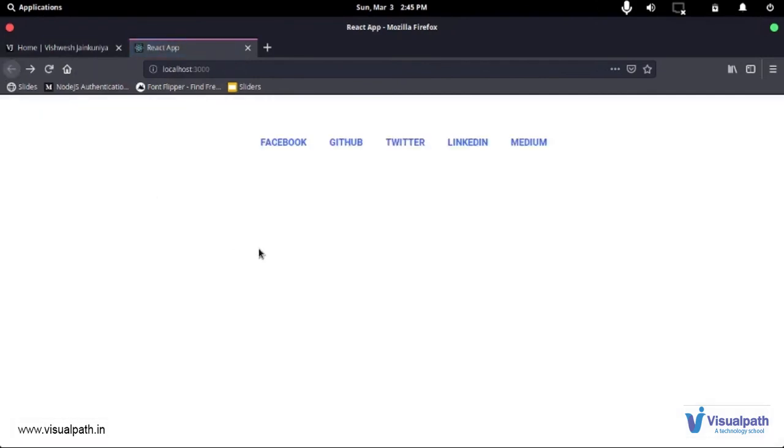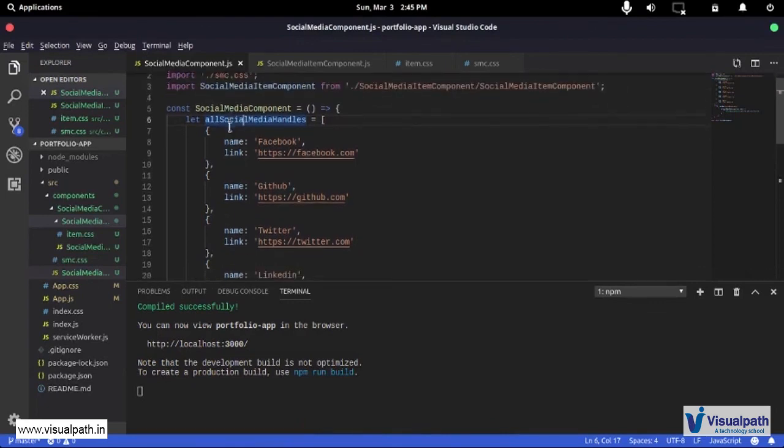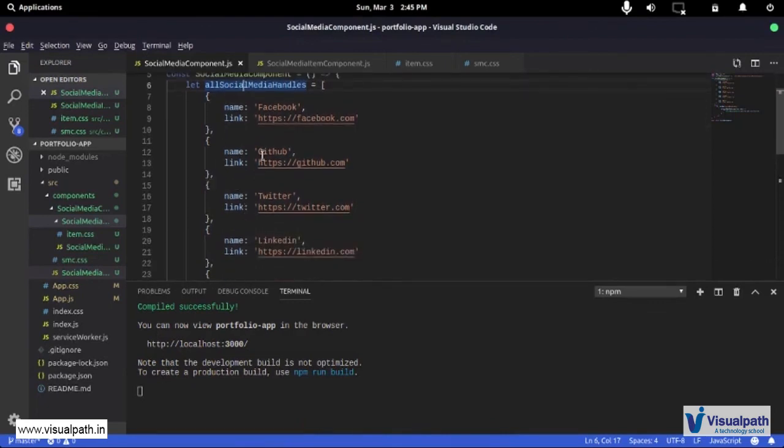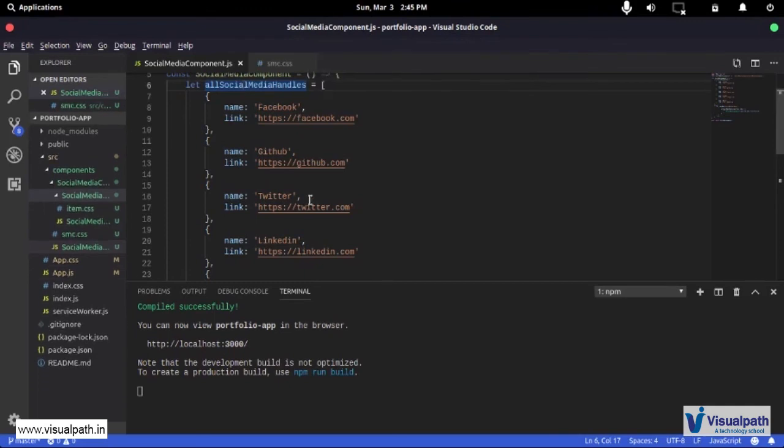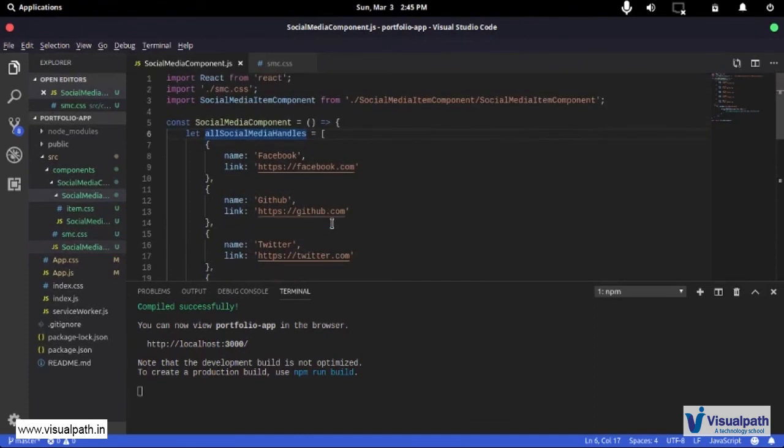What's the great thing about this? This data I have hard coded right now. This isn't supposed to be hard coded for every single application. What I mean by that is, say you have this social media component and you want it to be dynamic, in the sense, say you have uploaded your website somewhere and you have a database living somewhere else where all your data is stored. Now you have a backend server that we are going to create in this course later, which is going to be written in .NET. So say your .NET server is somewhere and your app interacts with your .NET server to get this data.